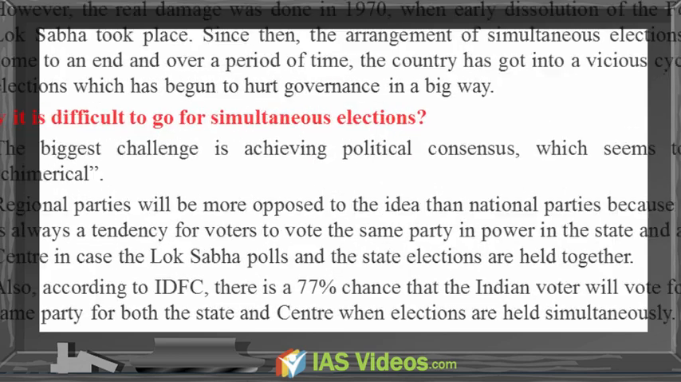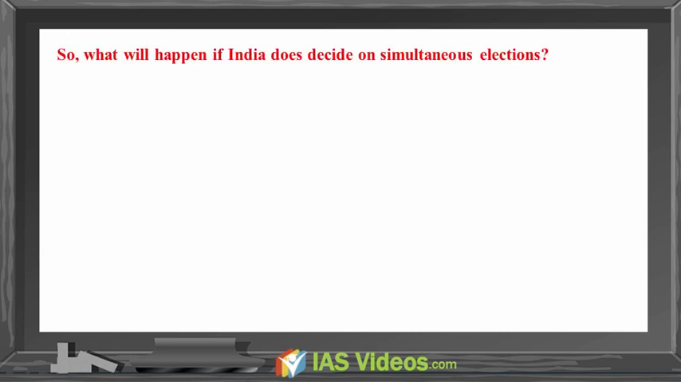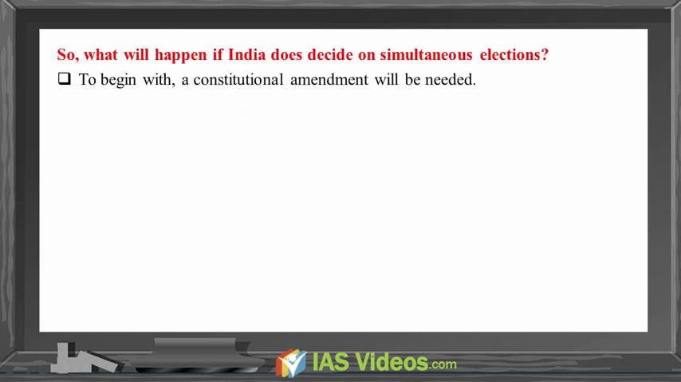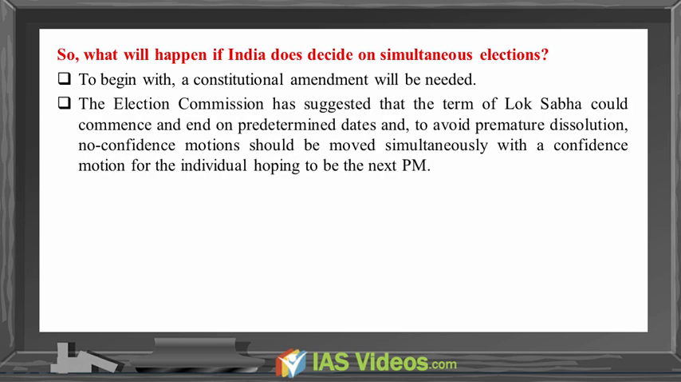So, what will happen if India does decide on simultaneous elections? To begin with, a constitutional amendment will be needed. The Election Commission has suggested that the term of Lok Sabha could commence at the end of predetermined dates, and